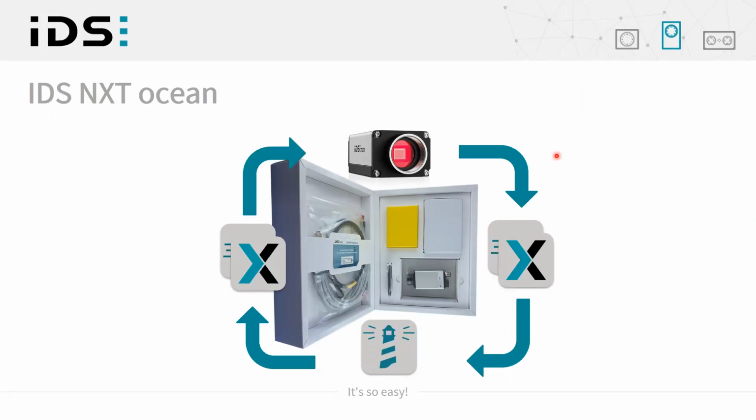So that package contains everything that's necessary to train and run a neural network, from the IDS NXT Rio camera that can be used to acquire training images. The training images can then be uploaded to our training platform, IDS NXT Lighthouse, where you can just with a few clicks train your model. And you can download these trained models and run them again on the same camera. We have a dedicated accelerator for deep learning algorithms on the camera. And so then everything can be run on the camera.